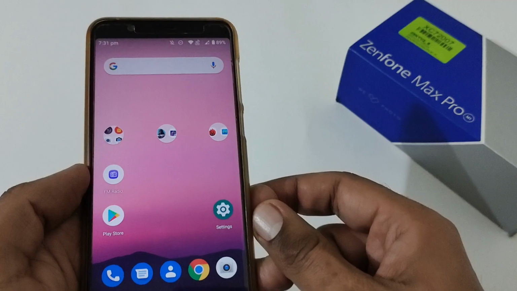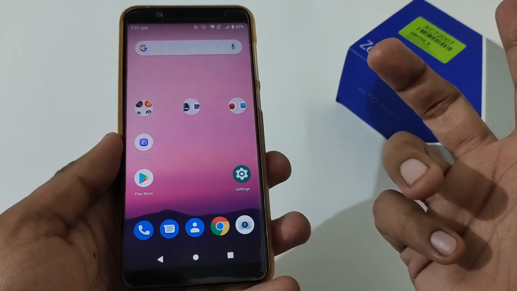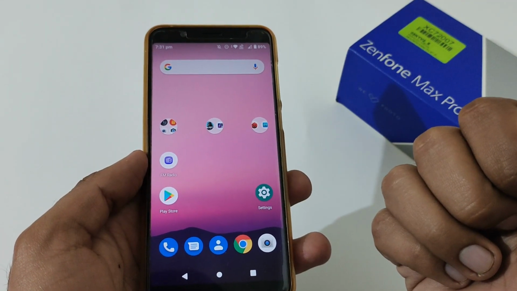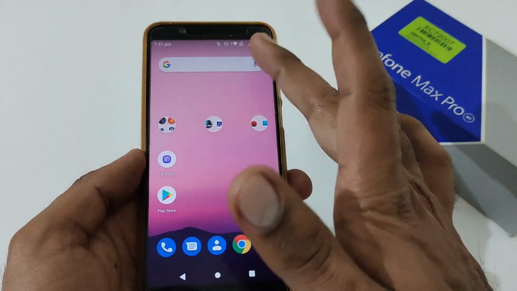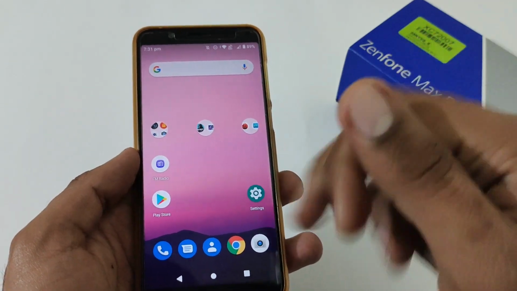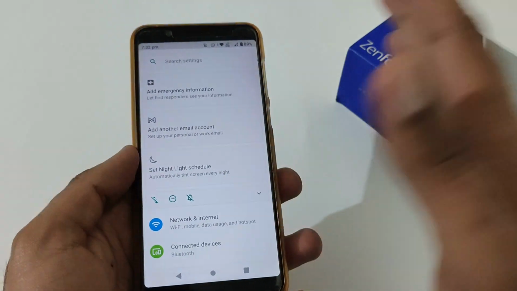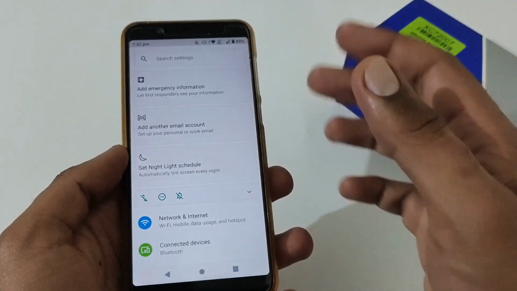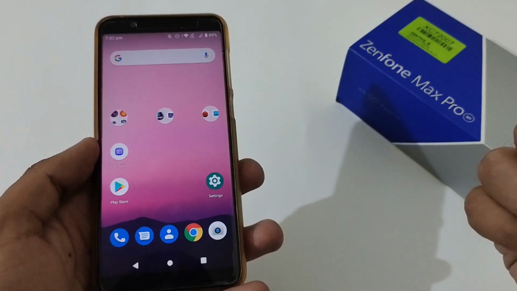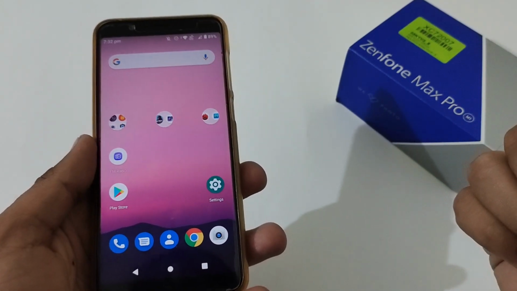Aside to that, before wrapping up the video, bugs. Same bugs. The Zenfone logo is back on the boot screen. The gap between the navigation bar in case of gesture navigation is also the same. The home screen widget is fixed, and I think this has been done purposely by the ASUS team. These flooded setting suggestions are really annoying, and this has been common in both versions. So no problem, we can't do anything. Aside to that, a few bugs posted by the community like frequent battery drainage, slow charging, apps crashing, and so on.